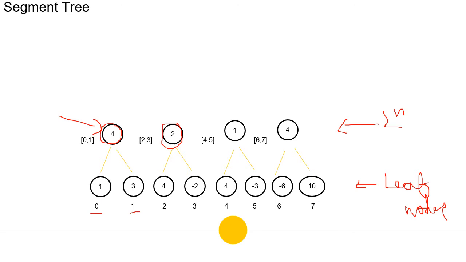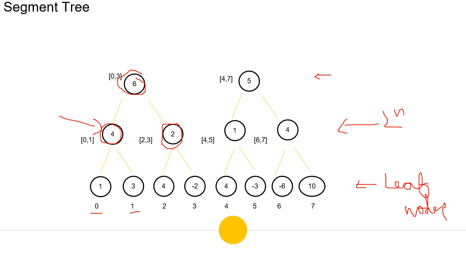Then we don't stop here actually. We build the next level, where we use these second level nodes and create third level nodes. These third level nodes contain the sum of particular nodes of the second level nodes. So this node will have the sum of the first and second node of the second level.